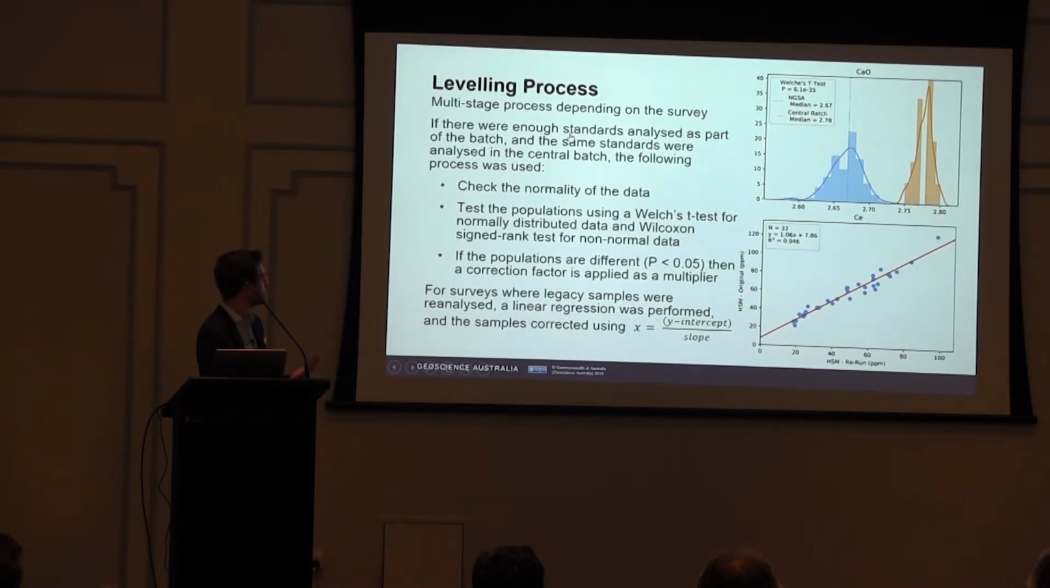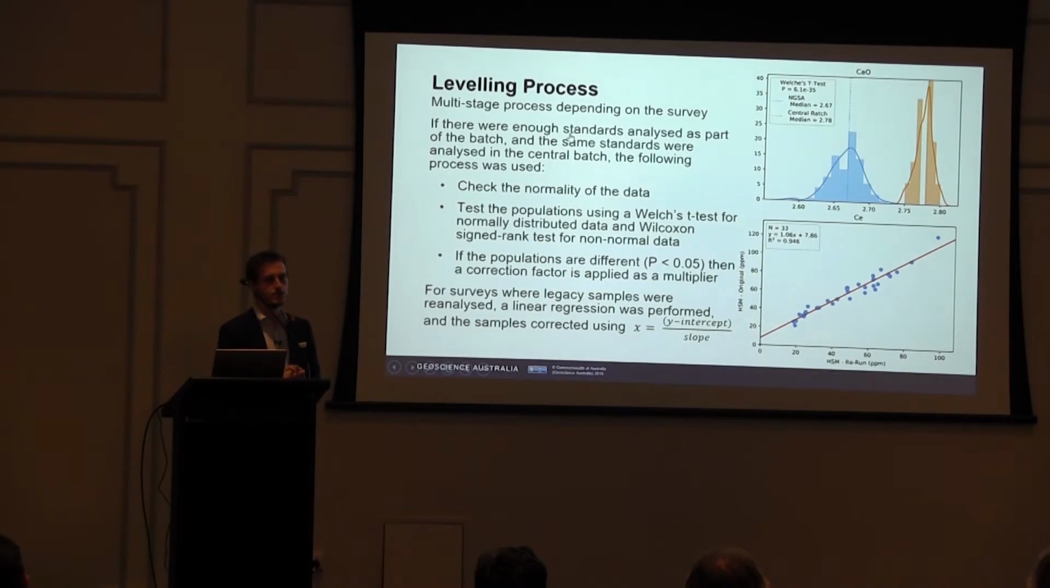Now in terms of a process, what we've done is we've analysed as a central batch a group of standards and some of these historical samples in order to provide a single point to which to level. So this is done in two processes, whether the standards are available or whether we have to use the historical data. So in terms of this, we plot up the results of, in this case, TIL1 and check the normality